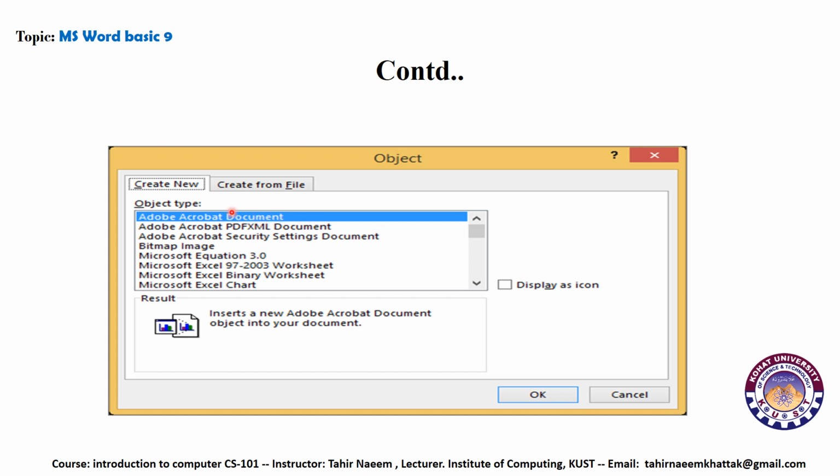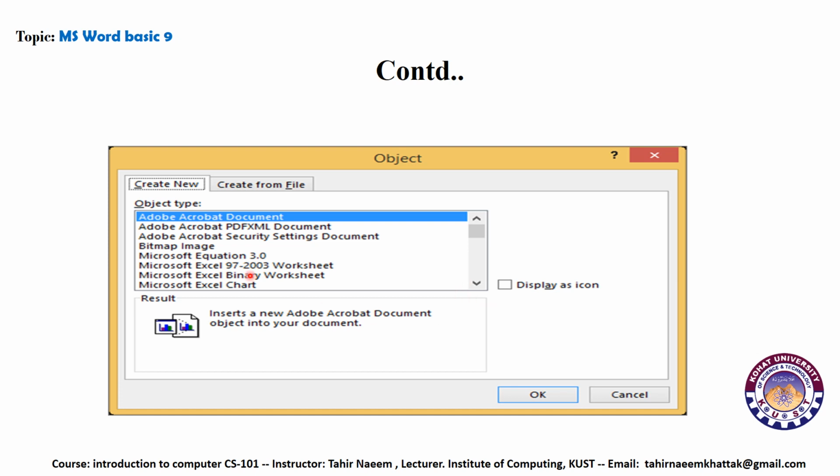So here you can see that this Create New opens up, and here are Adobe Acrobat Document, Adobe Acrobat PDF, XML document, bitmap image, Microsoft Equation, Microsoft Excel 97-2003 worksheet. So basically different types of files are displayed.